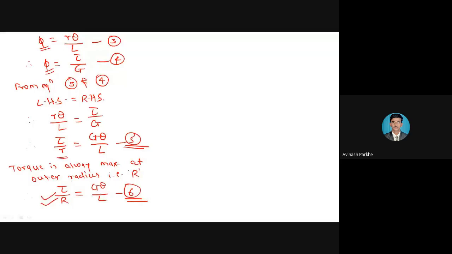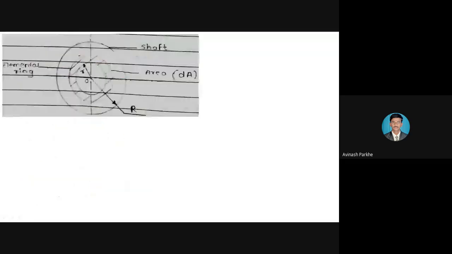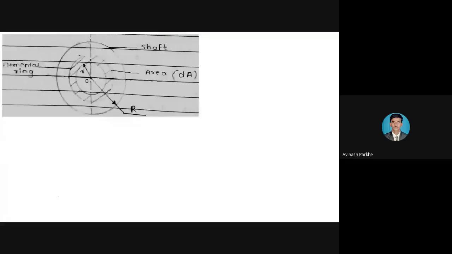Now we have to start with the other part. In order to derive the remaining part of the derivation, we have to consider the second figure. So what does that figure indicate? Now we have to consider the second figure. The second figure is in front of you. What does that figure indicate?